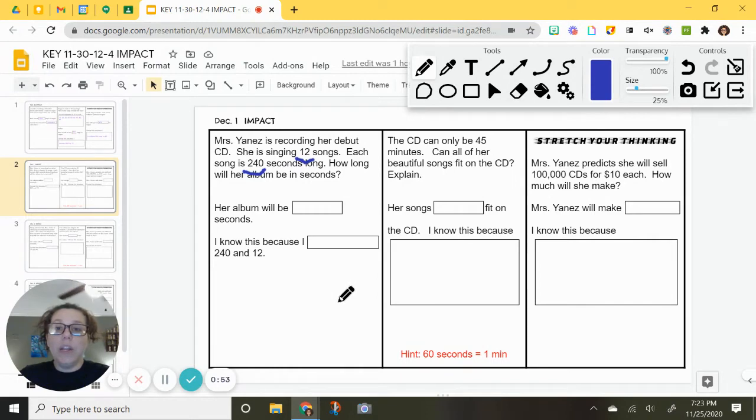So I know that if I were to divide, that would make it smaller. If I am to multiply, that would give me a total. And that's what I'm looking for. How long will be the total amount? So I have a 3-digit number and a 2-digit number. Even though this 2-digit number comes first, I'm going to write the 3-digit number on top. It'll make my multiplying much easier.